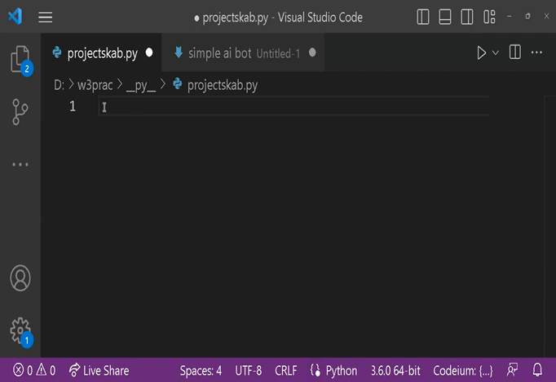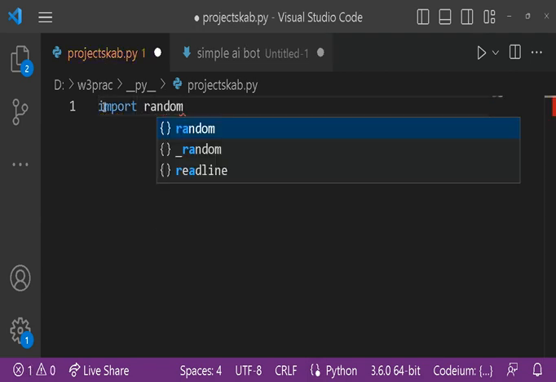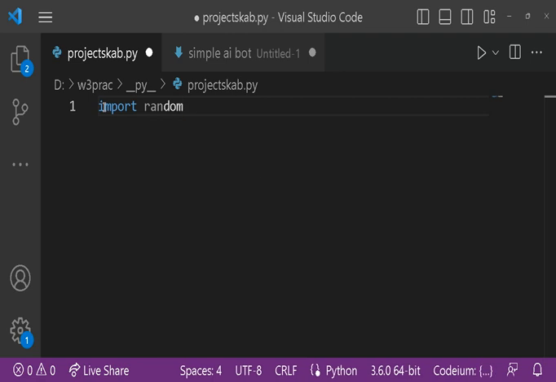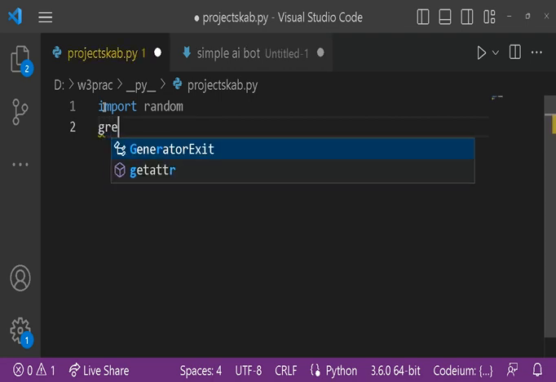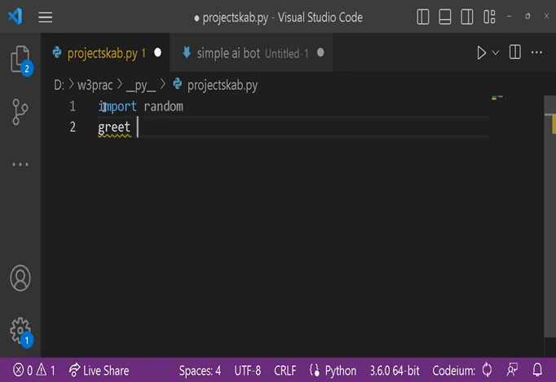Okay. So first of all, we will import random, basically for the response. So we will build it here. Okay, we will make a list.